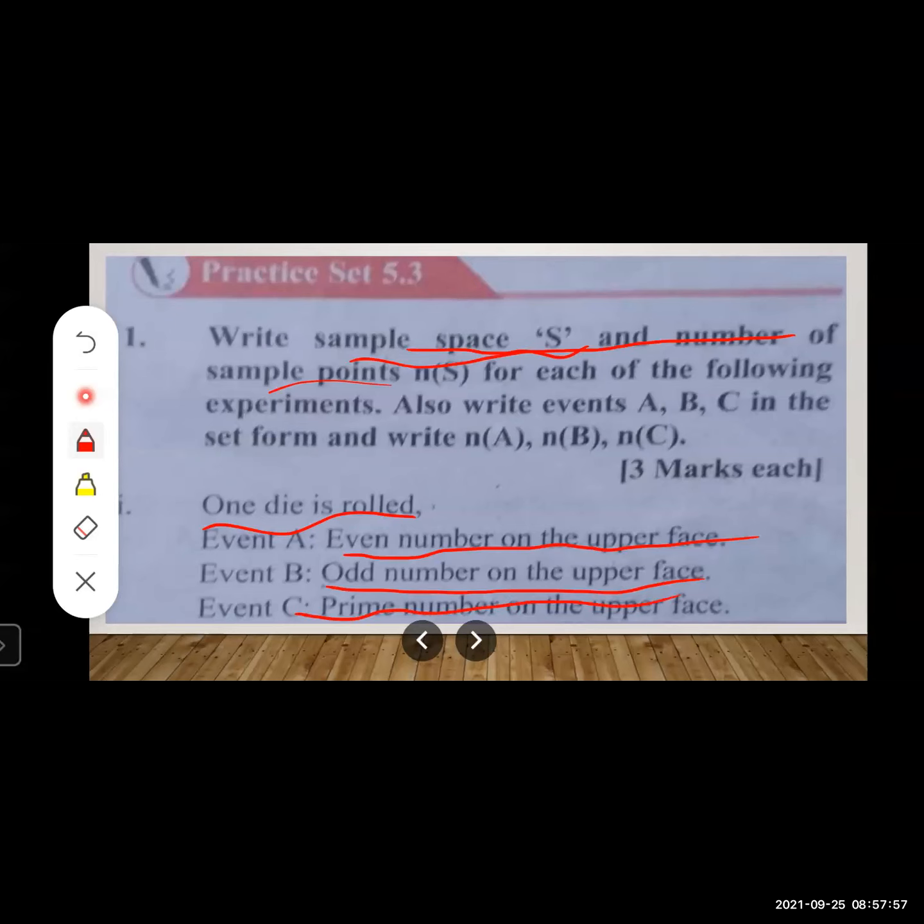Okay. Now let us move to this. A prime number on the upper face. What is our favorable outcome? We want a prime number on the upper face. So this we take as event C. And what is a prime number? A prime number has 2 factors, that number itself and number 1, right? Now kindly note that number 1 is not a prime number. Okay, now let us see this on the next slide.